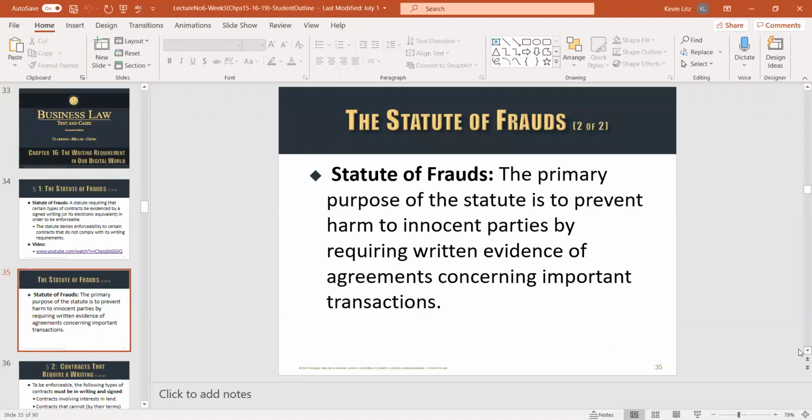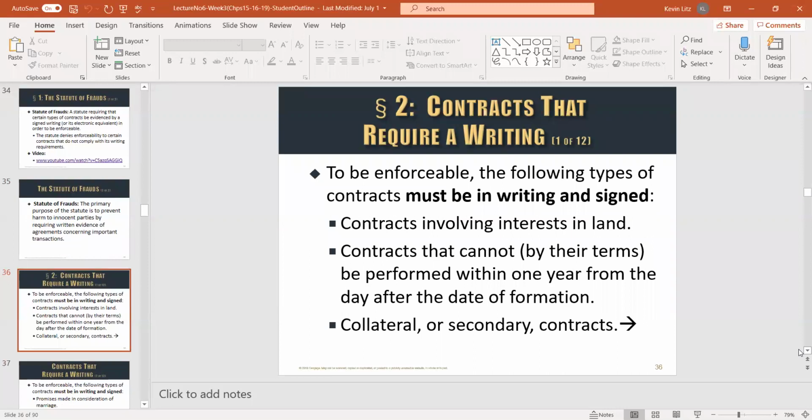All right, now that you're back, the reason we have the statute of frauds is to protect people. So someone has just come up and says, well, they agreed to do such and such. Well, where is it? Is it in writing? Here's the list, which you saw from the video. If it's the sale of land, it has to be in writing. When I say in writing, that can be digital as well sometimes, depending on the country and the state.